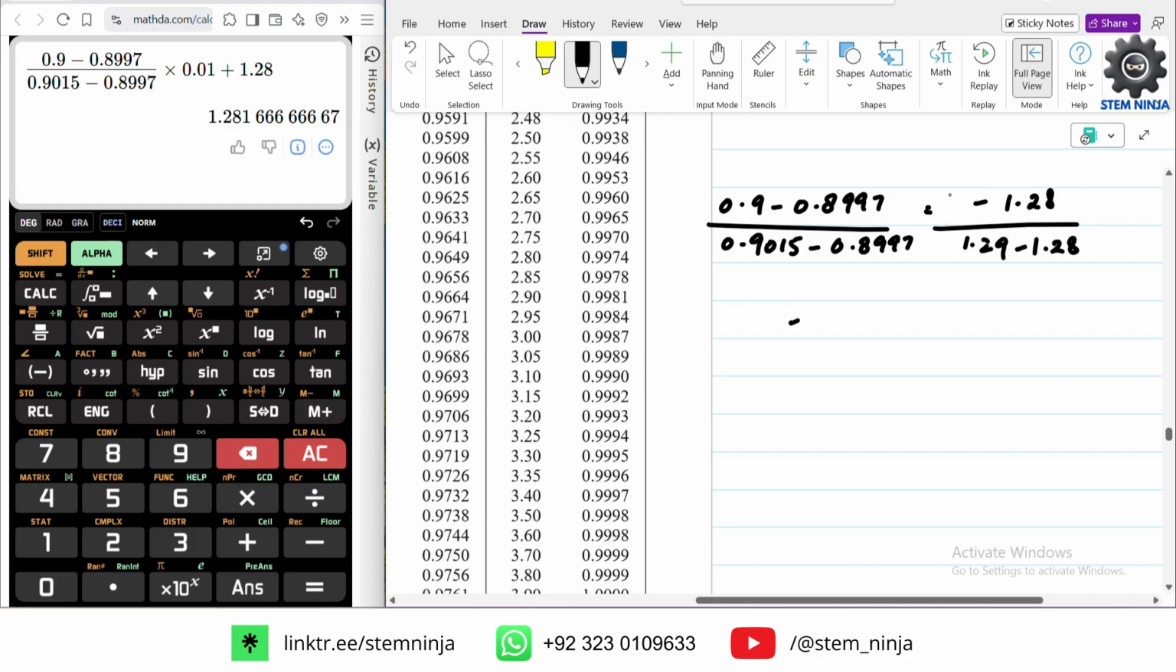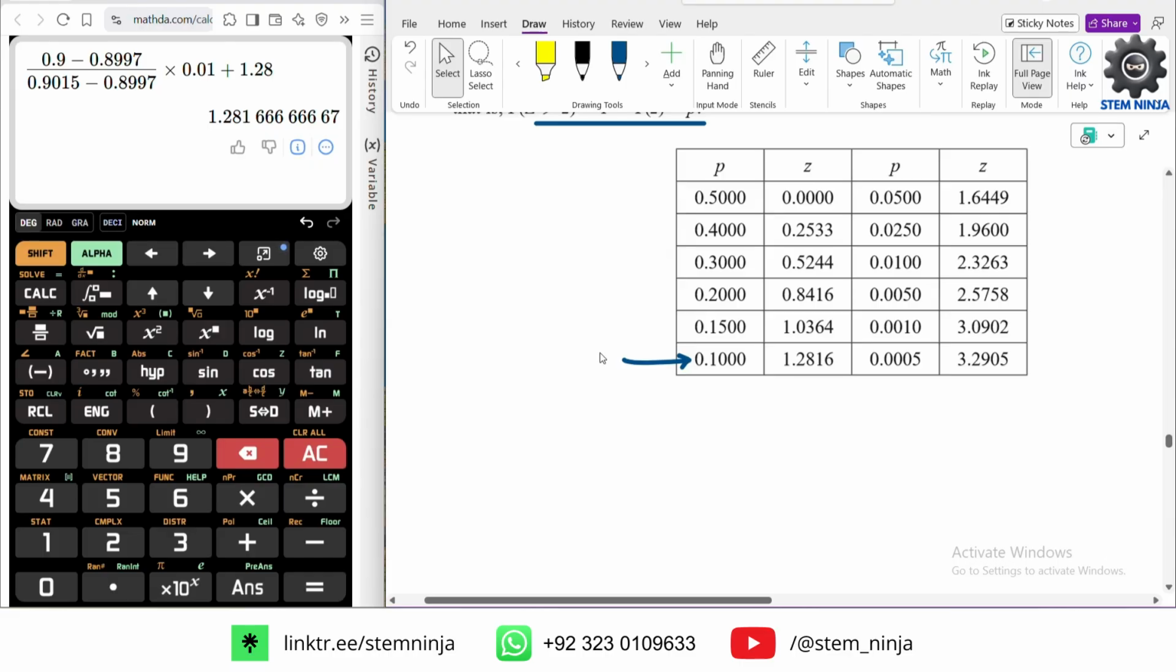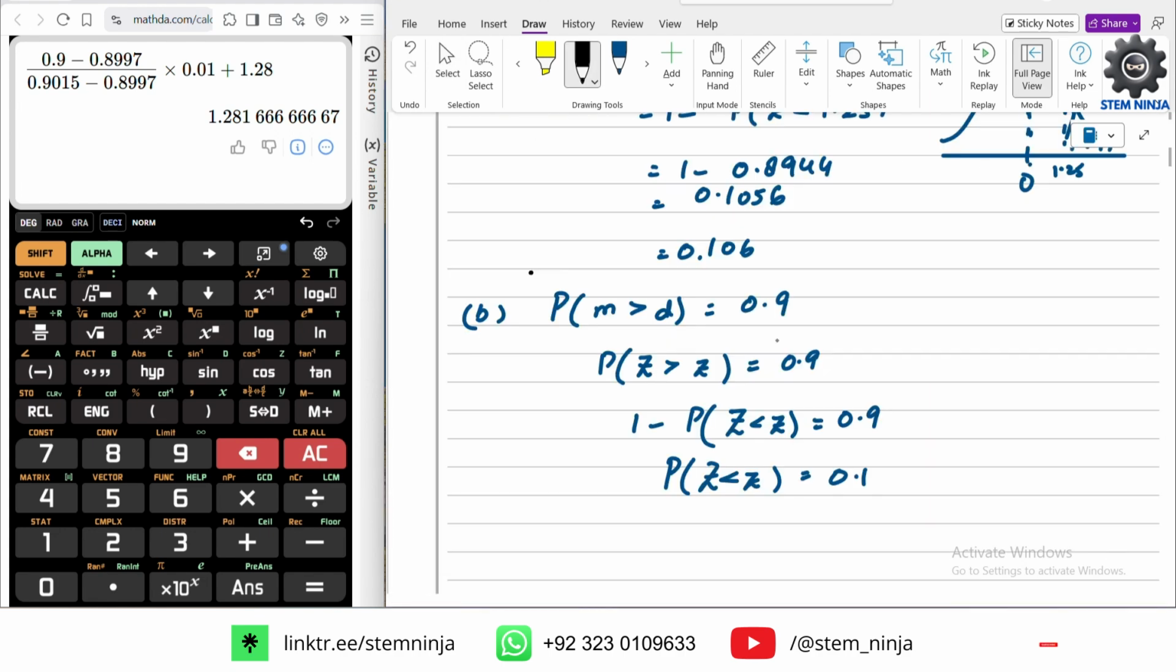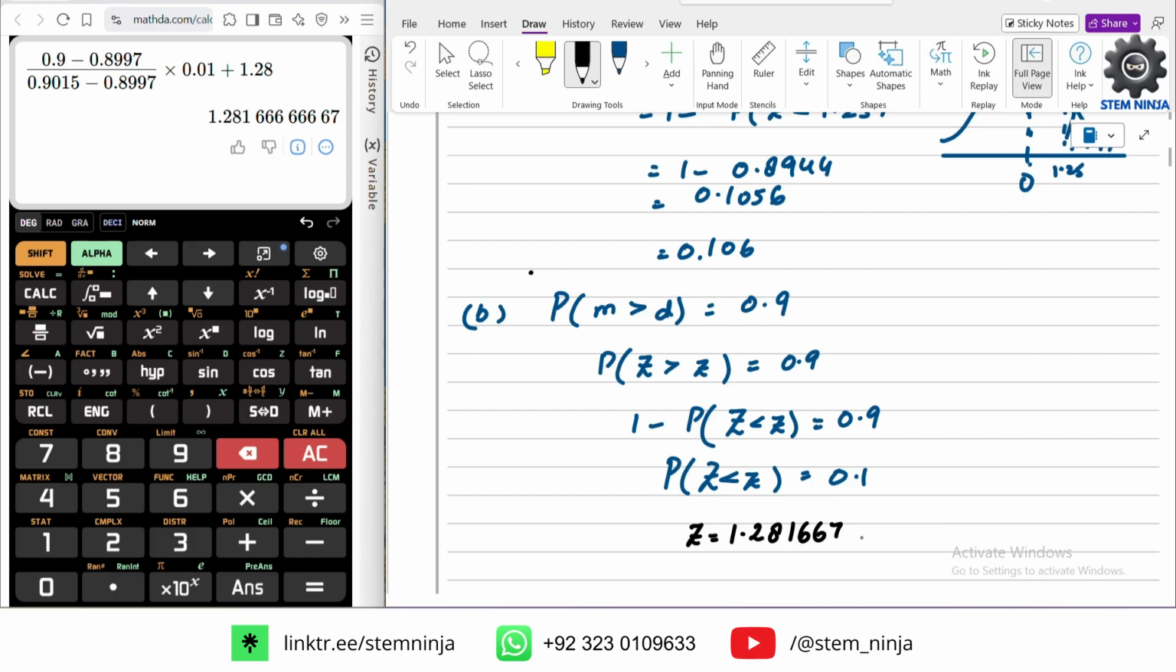The z value is what we had exactly as before. So even over here, we have the same value. So 1.2816, the same value. Right, now going back to the paper. So z is coming out to be 1.281667, and this is equal to